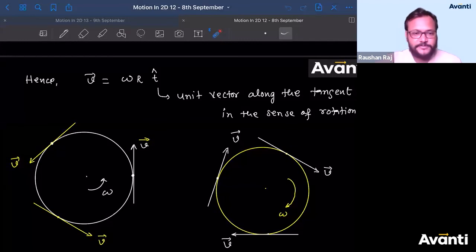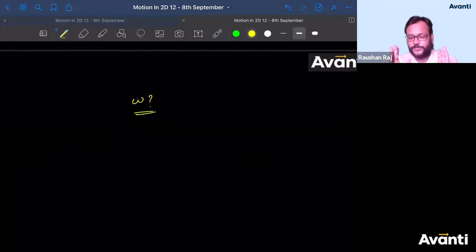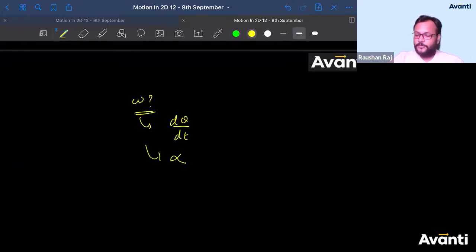Is the meaning of reverse mechanism clear to everyone? Let us see, if I'm asking you what is the value of angular velocity. In a question, the question is to find out the angular velocity. You should think, what are the formulas that I have? What are the relations that I have with respect to this omega? Omega is related to d theta by dt. Omega is related to alpha. Omega is related to some energy also. You will study that ahead. These are the things to which omega is related.